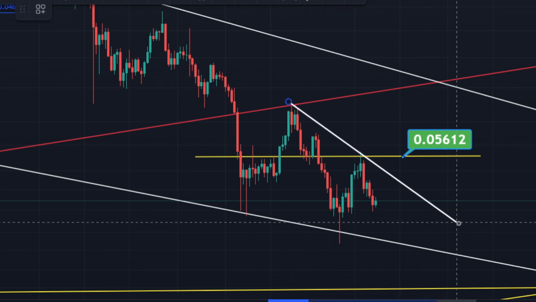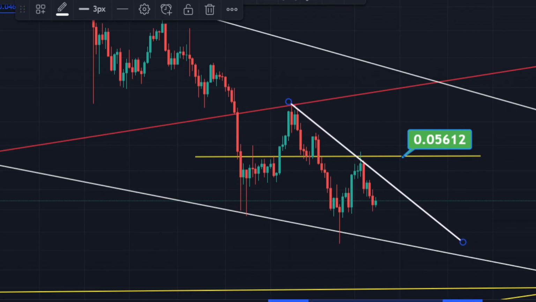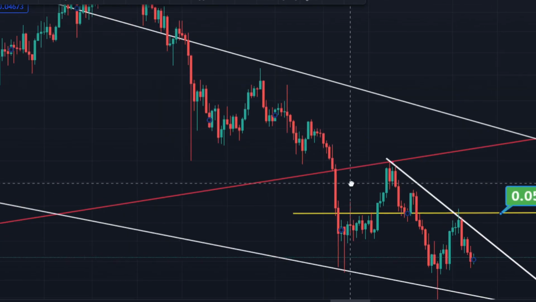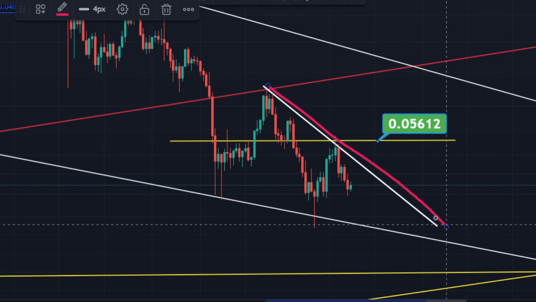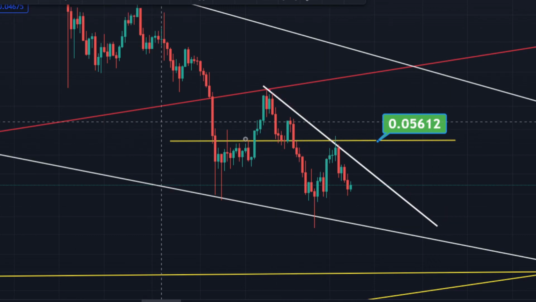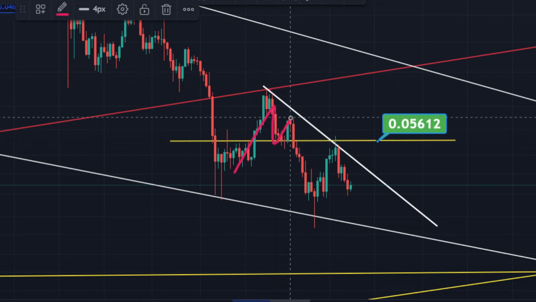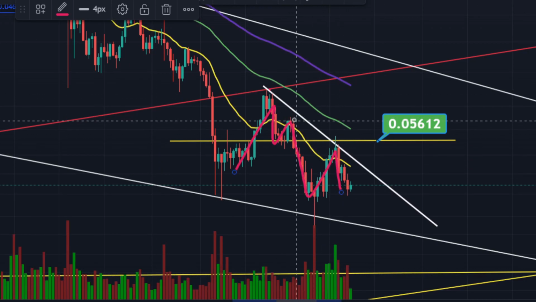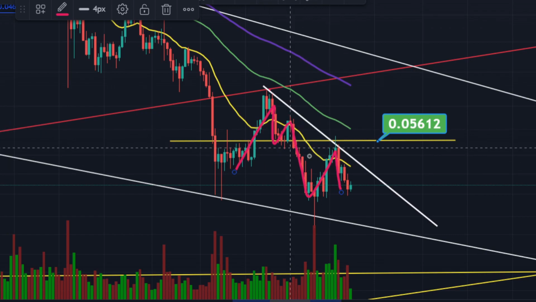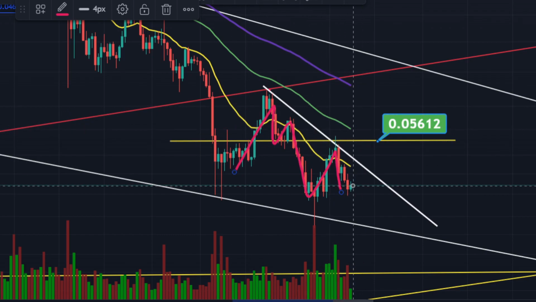What you could do, I can see a little pattern over here. You can just draw this resistance line. If you break this, you have just invalidated this whole resistance level. This can be invalidated if you break this resistance line, because apparently you can see it goes up, comes down, goes up, comes down, goes up, comes down. You can also bring in the EMAs, and you can see the 20 moving average as a lot too. We can blame the 20 moving average as the resistance EMA that it is getting rejected from.